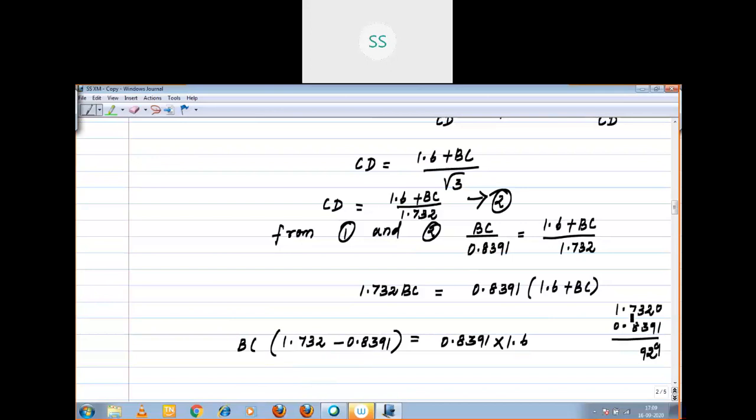0.8391. When you subtract here, 11, then it becomes 2, 9. Then what can you arrive? Here you have to borrow 16, then 8. 0.8929. BC equal to, when you multiply, what can you get?